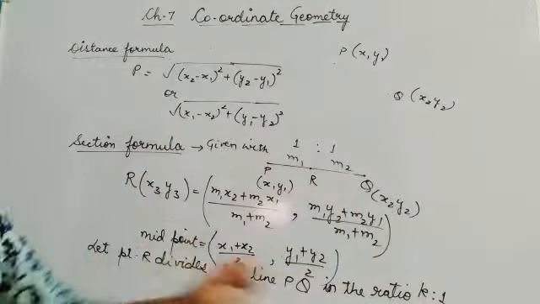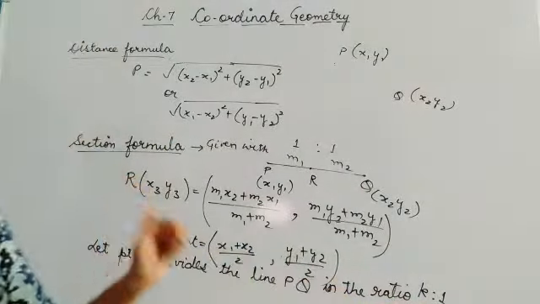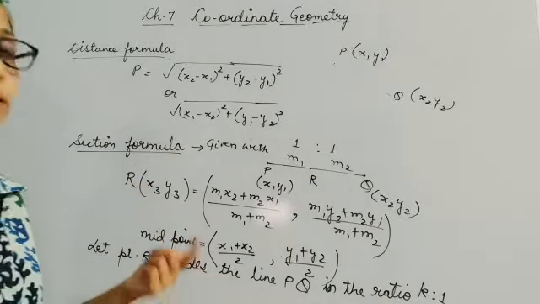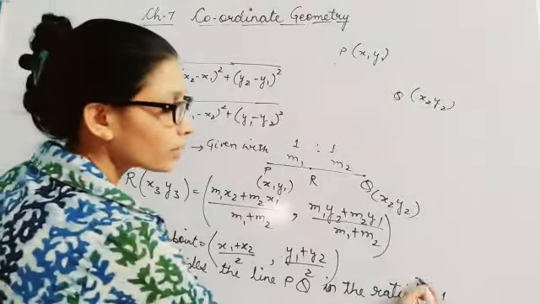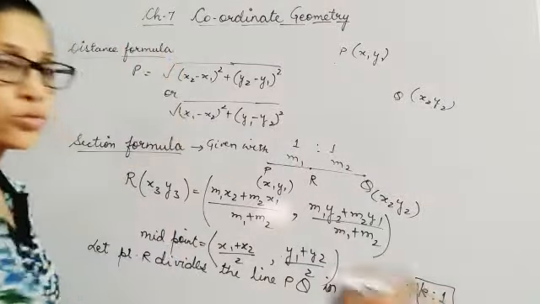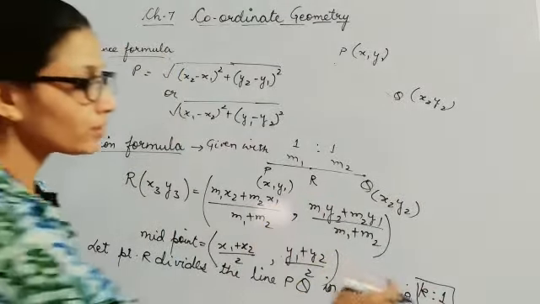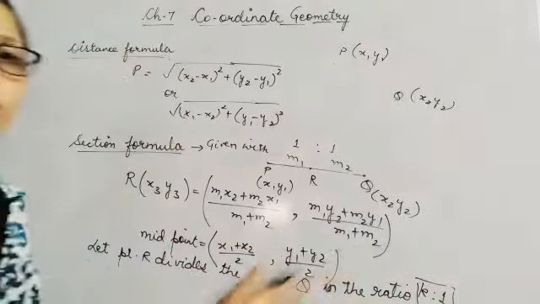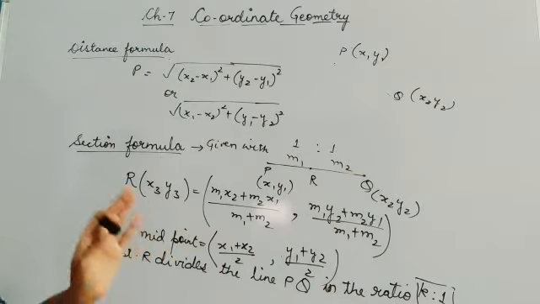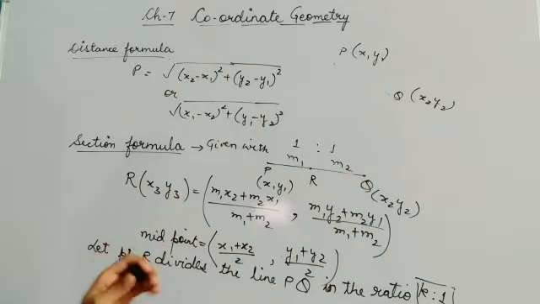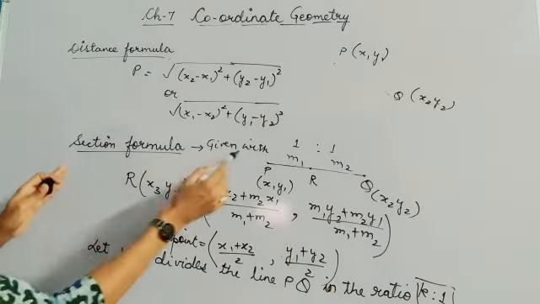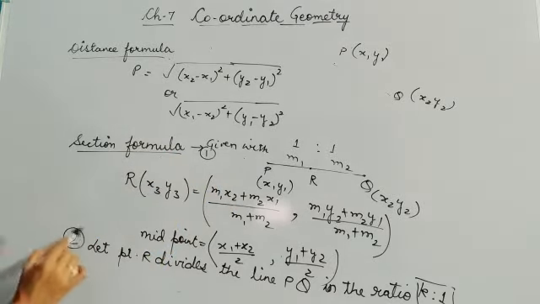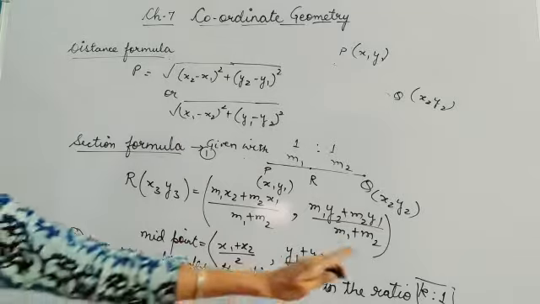Whenever you want to find out ratios between 2 lengths, then you will always be writing it as k:1 and not any other value, because 1 is the value where it does not alter the answer. So you cannot take it as k:2 or k:3 or k:100. You will always be taking it as k:1 because 1 is that value which will not alter the answer. That's why we take it as k:1. So in section formula, you just get 2 types of question. This is your first type and this is your second type when you want to find out the ratio.